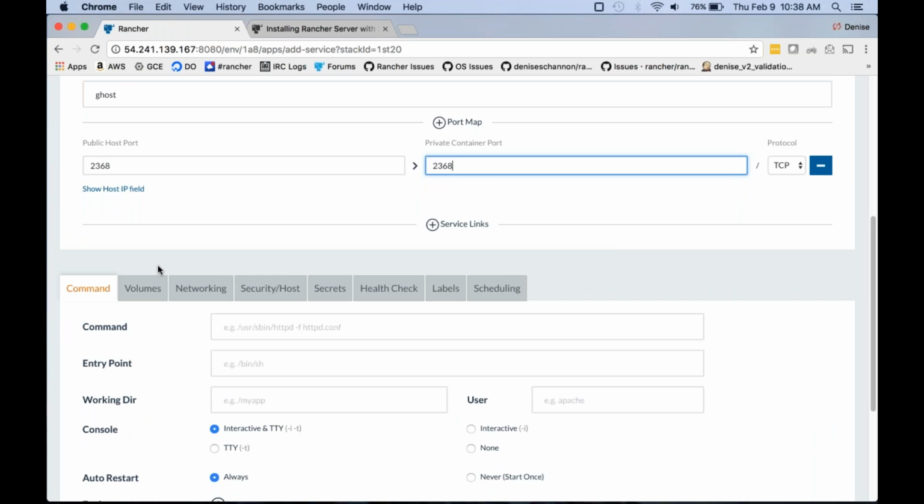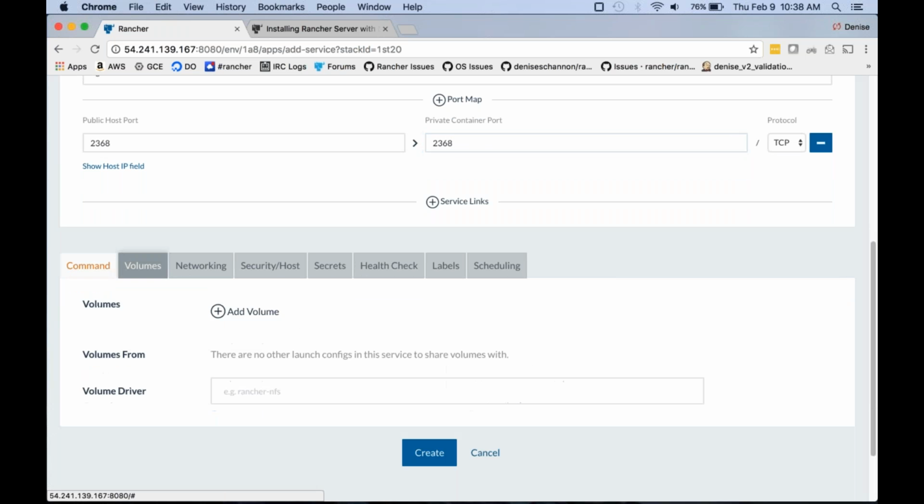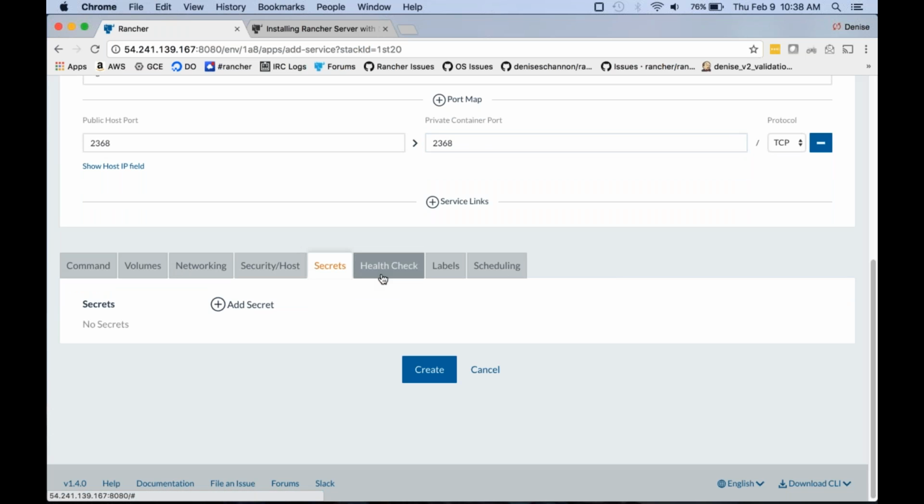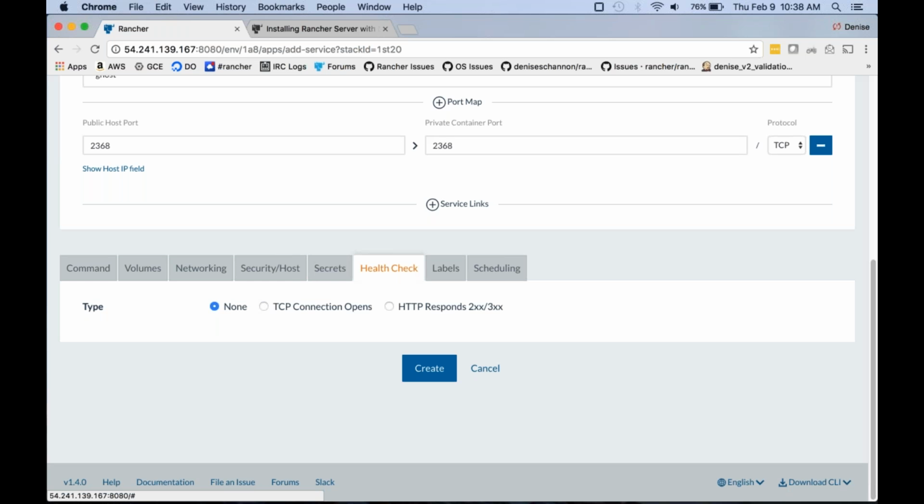We try and support anything that a Docker run command supports. Most of these are in these options here: command, volumes, networking, security, hosts. Secrets is new for when you want to create secrets. You can do a health check. This is a Rancher concept where you can add health checks to containers so that if your host goes down, Rancher would know that instance is no longer available, and if you wanted to maintain the scale of 2 containers, it would then